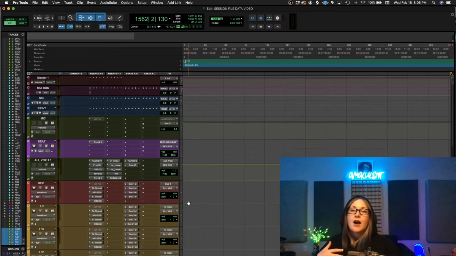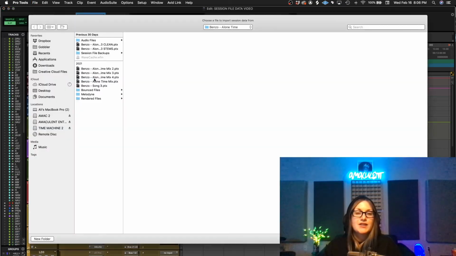Another really cool reason importing session data is amazing. Let's say I'm working on this mix, whether it's the snare, the kick, the claps, the bass, anything, and after a while, I'm just like, man, I really hate all of this and I want to go back, but I can't revert. I can't undo plugin changes I made. So what do I do? I'm going to import session file data from my last saved session. Another side note is always do Save As before you go to your next mix so you can do things like this. I'll go up here, File, Import Session Data. We'll go back